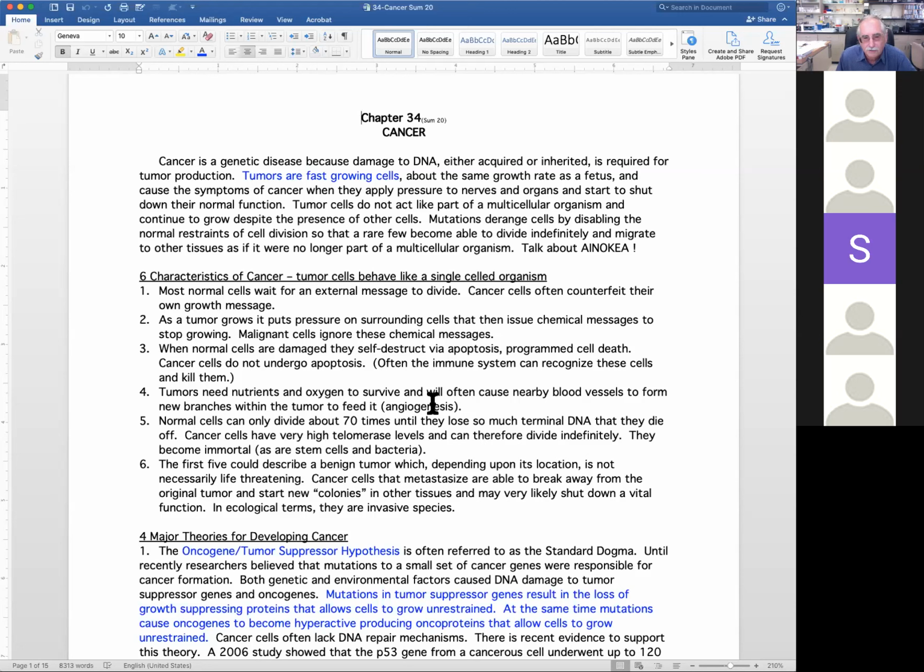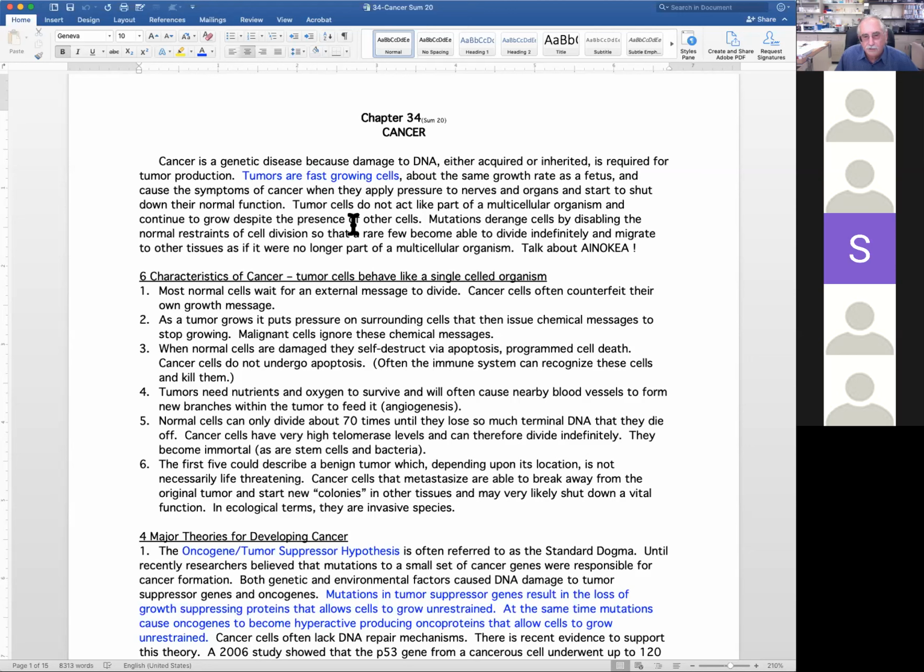So cancer is a genetic disease. There has to be damage to a gene, either acquired, inherited, or something that happened to it from the environment. And tumors are simply fast-growing cells. They grow about the same rate as a fetus. They cause the symptoms when they apply pressure to nerves and organs and start to shut down their normal function. Okay, and so